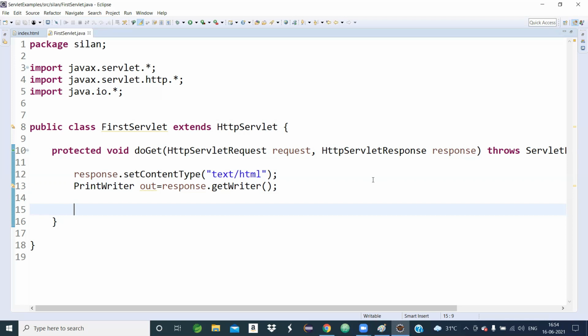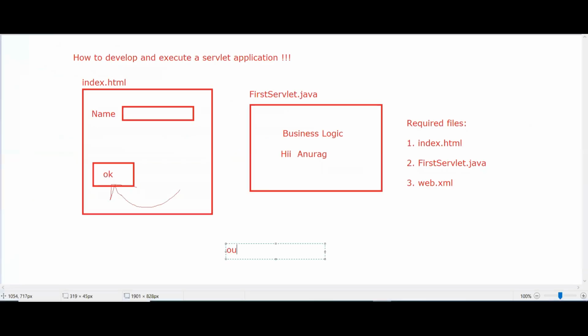Simply, our output statement is out.print. Then what is out? Out is a PrintWriter object. Once I get out, then I can write out.print.